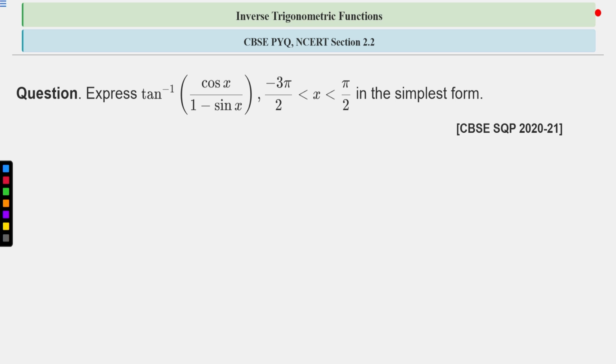So how can you approach this question? We will try to express the part inside the tan inverse in terms of tan x. The numerator is cos x and the denominator is 1 minus sine x. So either we will rationalize this, that is, multiply the numerator and the denominator by 1 plus sine x, or we can try to convert this using half angle formulas. In this way, you can try to solve this question. I'm giving you 10 seconds to solve or think about this question. After that, we will move to the solution part.